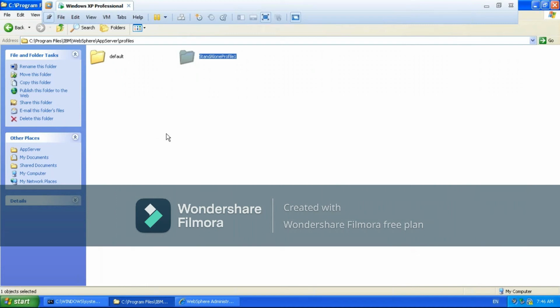It's going to be like a cell, inside that a node, inside that a server, and the server name is server1. The name is server1 only. Now, is there any relation between this default and this standalone profile 1? No. Why? Those are going to stand as standalone. No relation at all. If there were any relation between these two, then it would be a network setup, right? So there is no relation between these two. You can create n number of same-type profiles, but no relation with each and every one. Those are going to work as standalone.